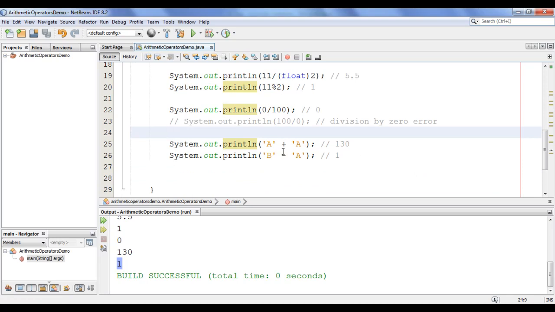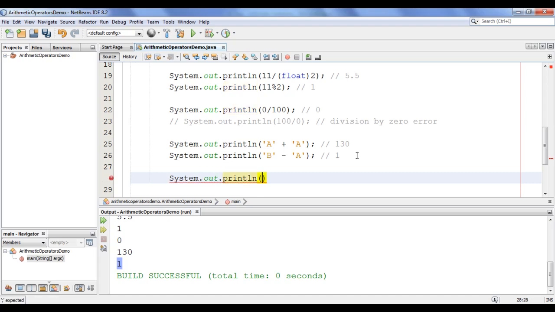Okay. Plus operator is the overloaded operator, guys. It behaves differently in different contexts. Let me explain that clearly. I say here System.out.println, 2 plus 2 semicolon. If you have numbers on the left hand side and the right hand side of the plus operator, then it behaves like an addition operator, guys. It gives the sum of two numbers. Definitely we get here 4. I say run project. You can see that 4 is displayed.